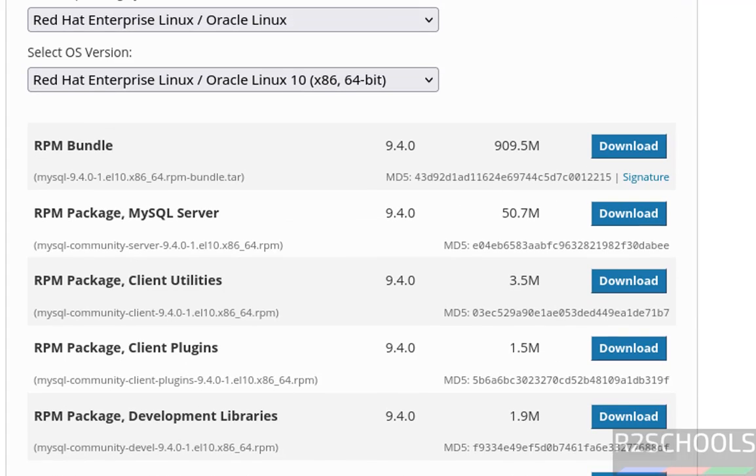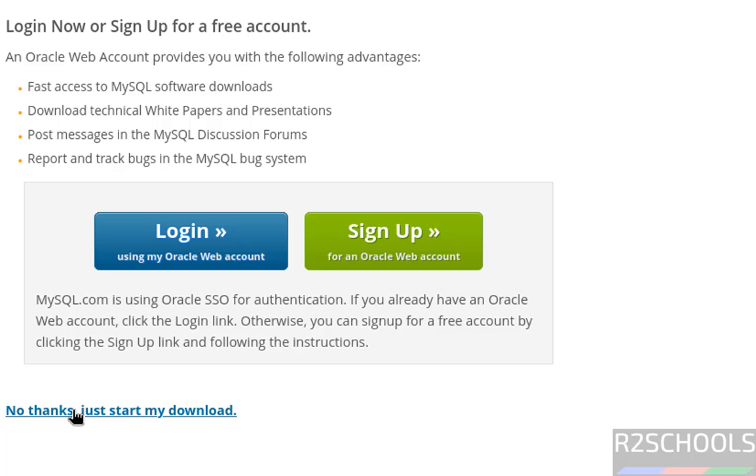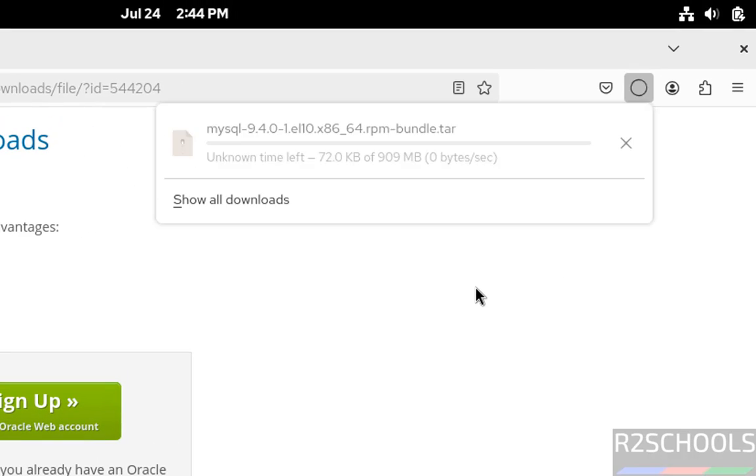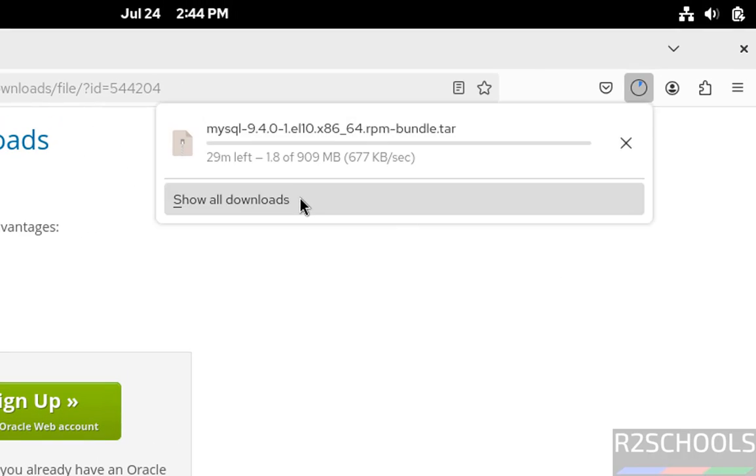We have to download and install them. But instead of downloading each package, just download this RPM bundle. Then click on download. Then click on no thanks, just start my download. See, download started and its size is 909 megabytes. Wait until download completes. Once download completes, we will untar this tar file and install MySQL Server